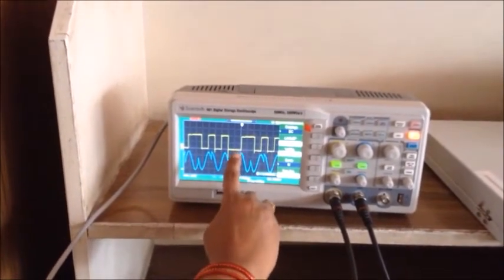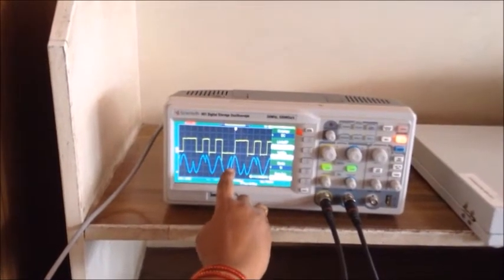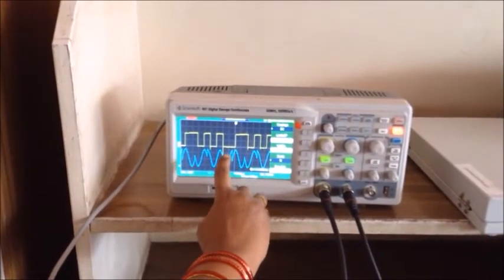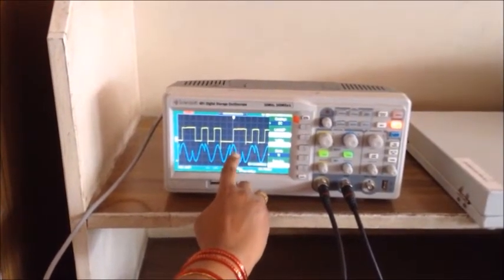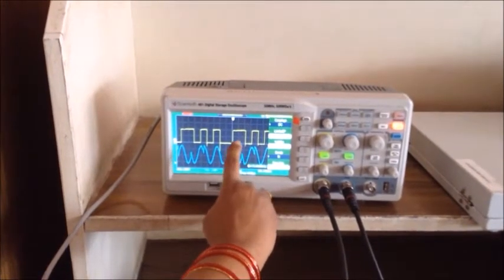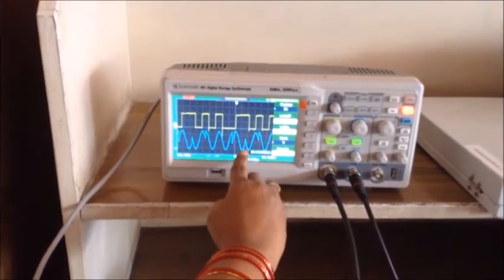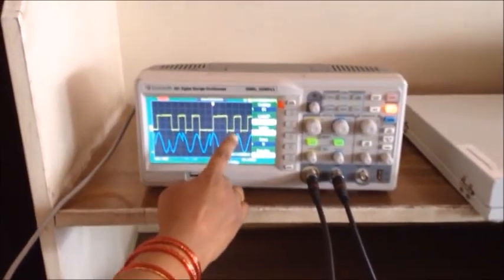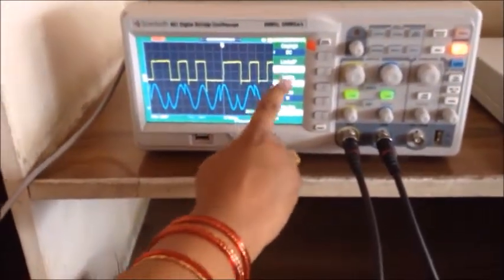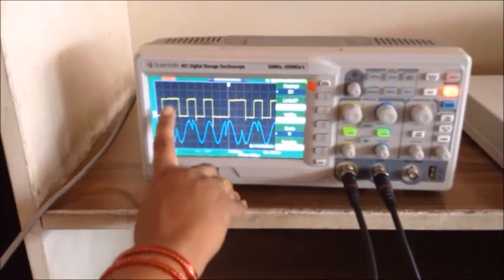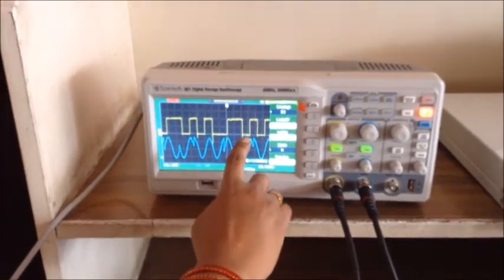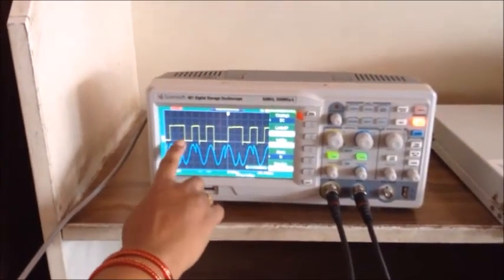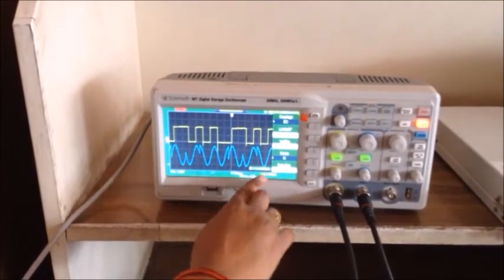For the 0, 0 combination, we have 0 phase shift, where you are starting from the 0 point itself down to one cycle of it. Then for the 1, 1 combination of dibit, we have a 180 degrees phase shift starting from this point downwards till the end. So this one cyclically repeats itself. As we can see, it goes from the next cycle 0, 1, 0, 1 down to the last point here. So we see the output in this manner.